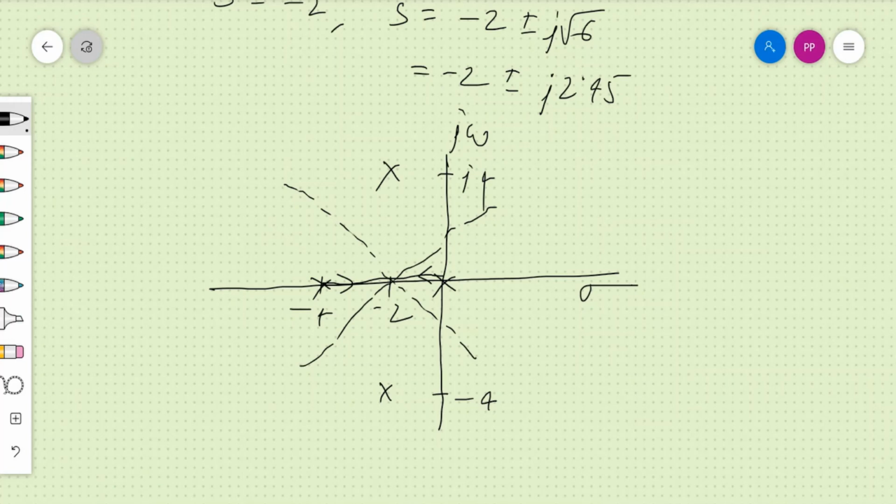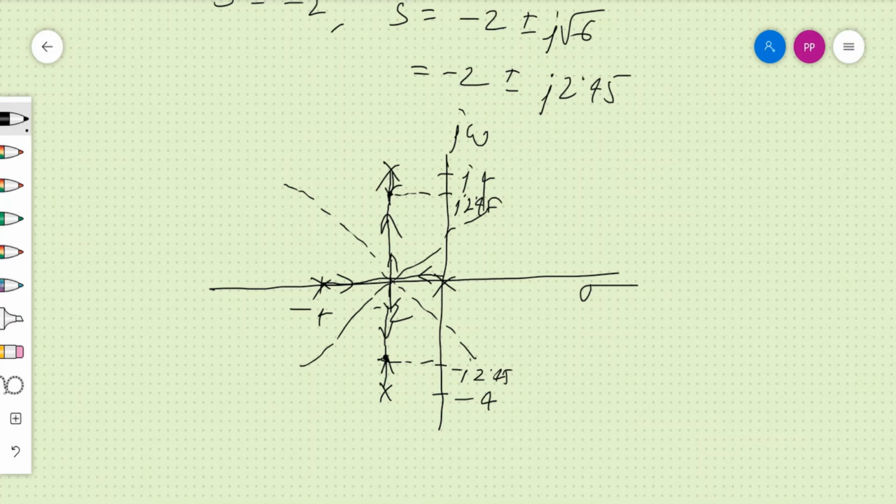Then as we have found a point plus minus j 2.45, here minus j 2.45, here roots are evolving again. From here roots are evolving, from here also roots are evolving. We have found this out in the last part of the rule. Then this will come up to this point. From here again the roots will change their path. So up to here it will come like this, to here it will come like this.